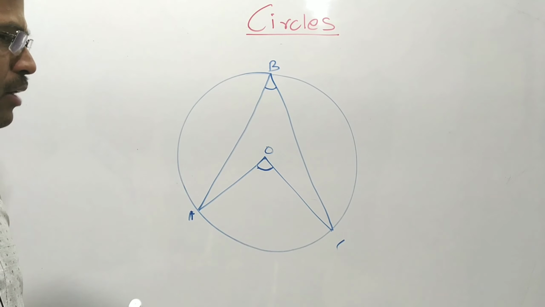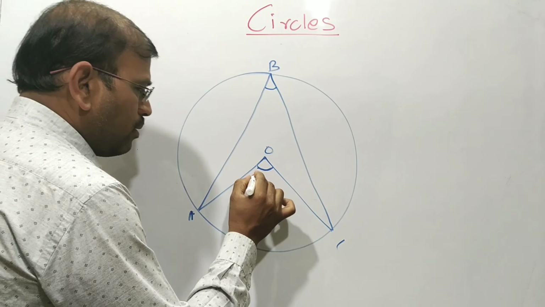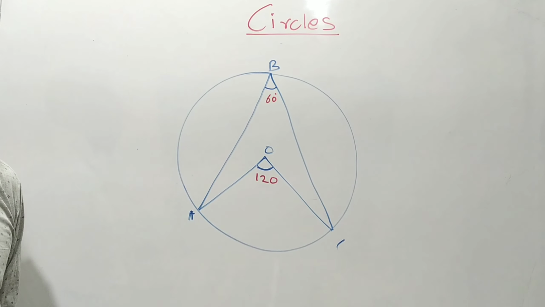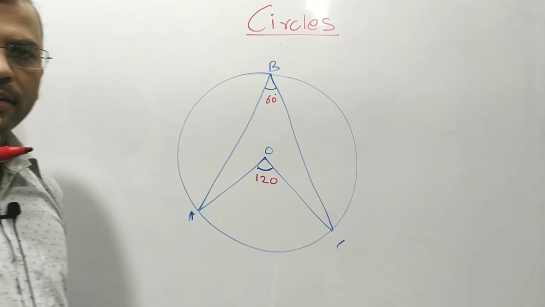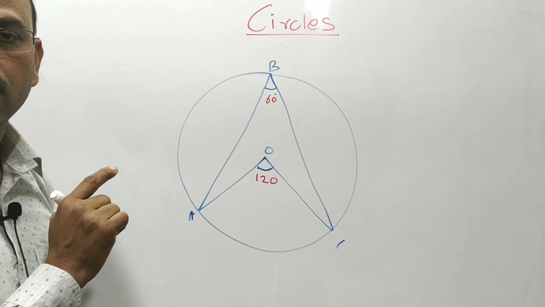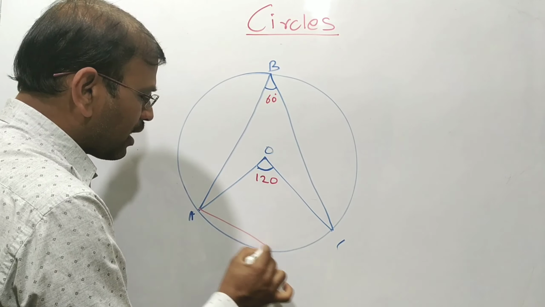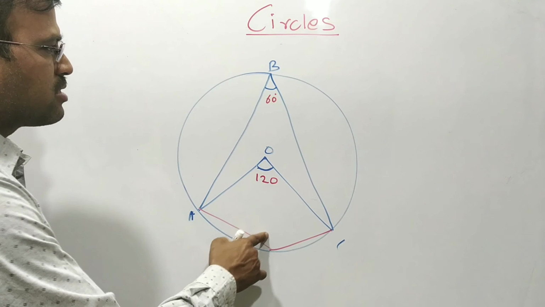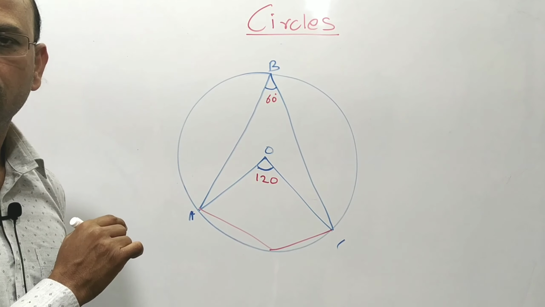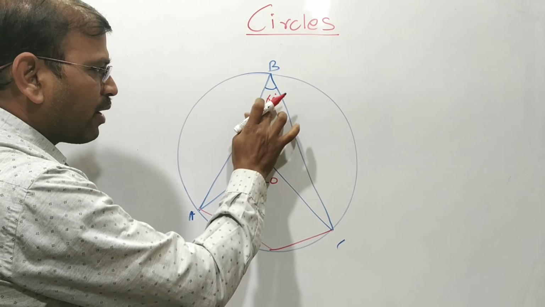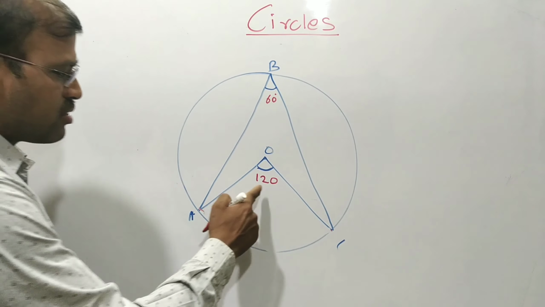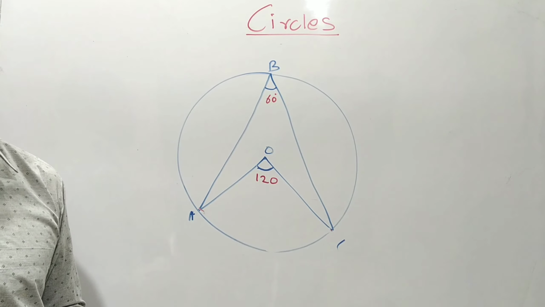So the simple way to understand: for example, this center angle is 120. This will be 60. Here you need to remember the arrowhead should face the circumference. If the diagram is something like this form, we cannot say this angle is 120 and this is going to be 60. We cannot consider that. The arrowhead should be facing towards the circumference. If this is 120, this is going to be 60 degrees.